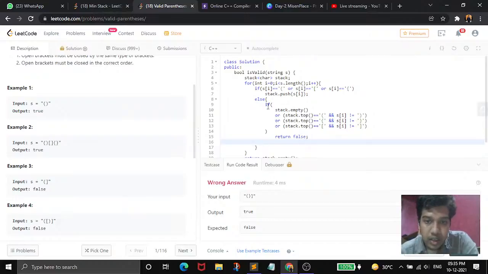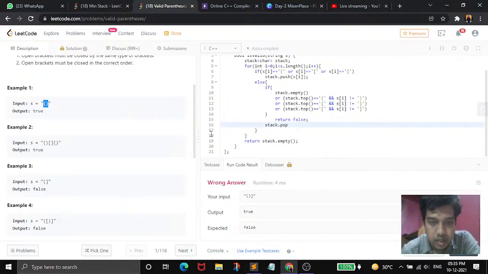Next, after this, if these are the same, what we can do is just pop out that element, stack.pop. So if these two become the same, both will be popped from the stack. Once they are popped out of the stack, our stack will become empty, and once the stack is empty, we will return a true value, so the answer will be true. If these are not the same, then nothing will get popped and it will return false, so our output will be false. Now let's check whether this is working.